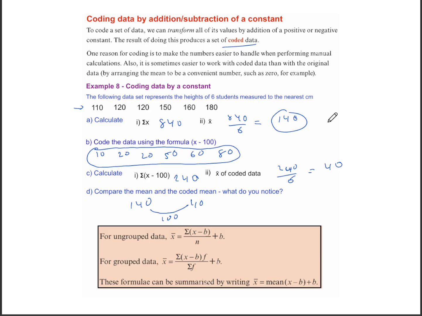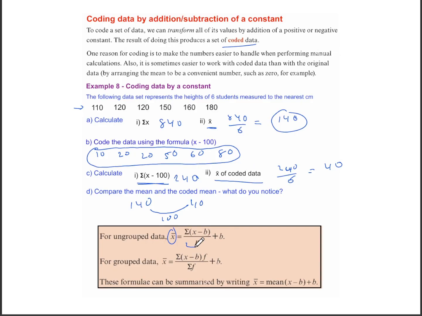With that, we get the following formulas, where for ungrouped data, which is what we had right now, the mean of the original data points, which is x bar, is equal to the sum of the coded data divided by the number of coded data,